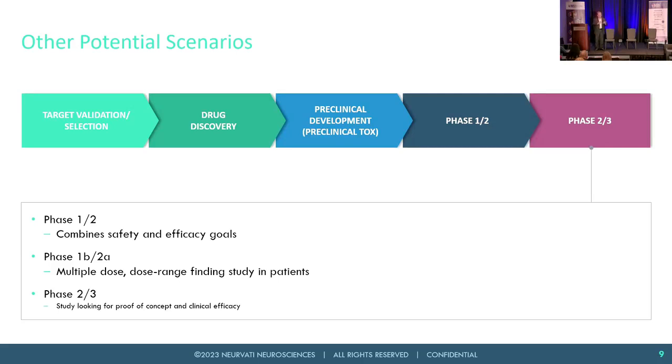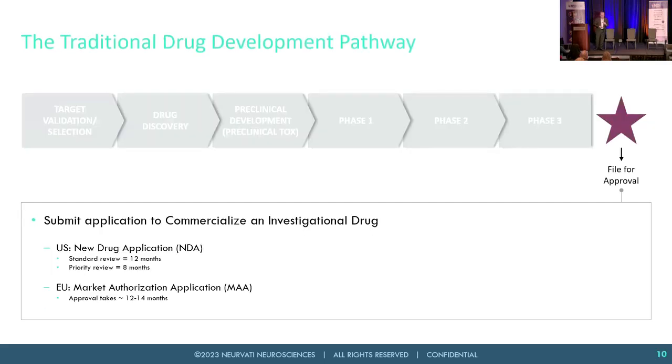So this is where it gets really important, in a rare disease, to work closely with the authorities on an innovative approach to moving through the timeline quicker, because this could take a very long time. And then finally, you get to the approval phase. If you're lucky, most drugs don't make it, but if you're fortunate enough to get to the end